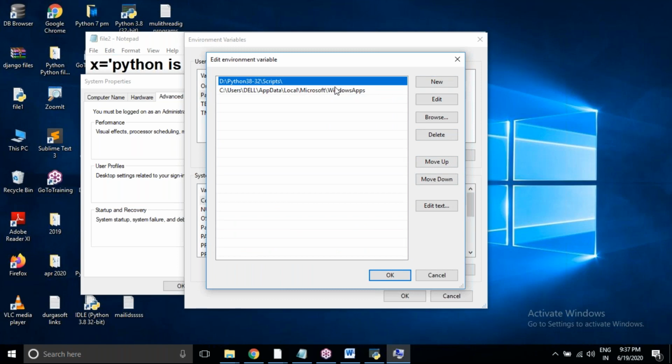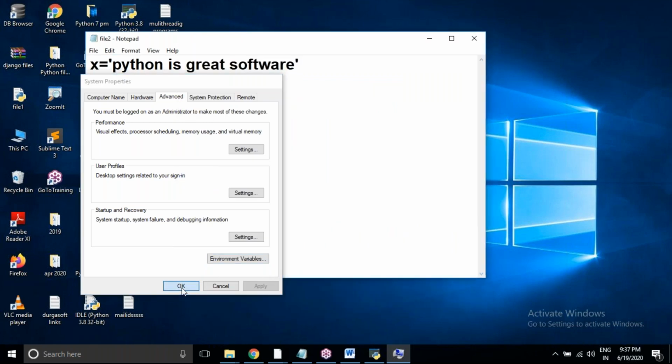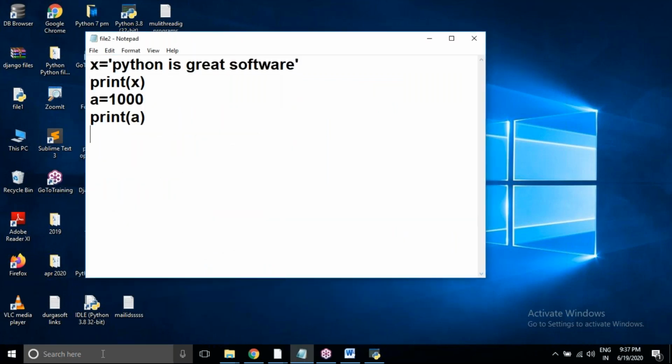You can see New is there. Here I'll type d:\Python3832. So we are adding this path manually. Okay, okay. Then open the command prompt again.